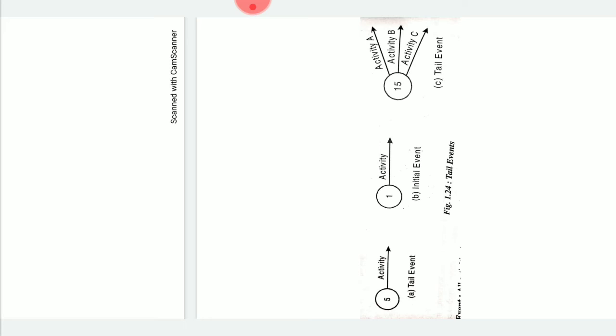Whatever the number which is written in the circle, that is called node, and whatever the text which is written above the arrow, that is the activity name. Correct? So